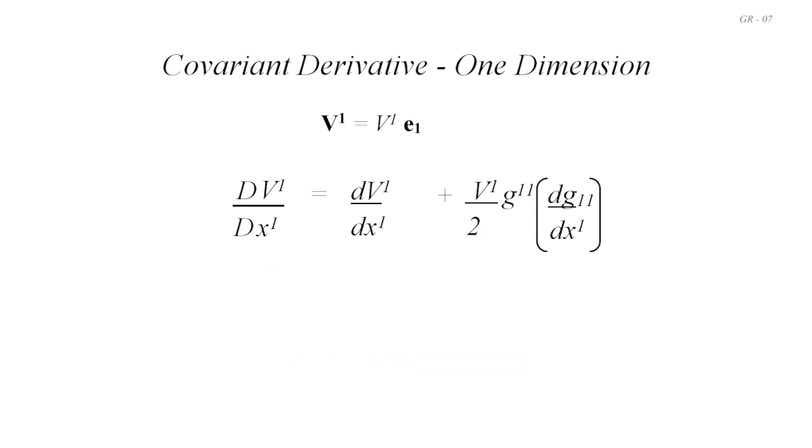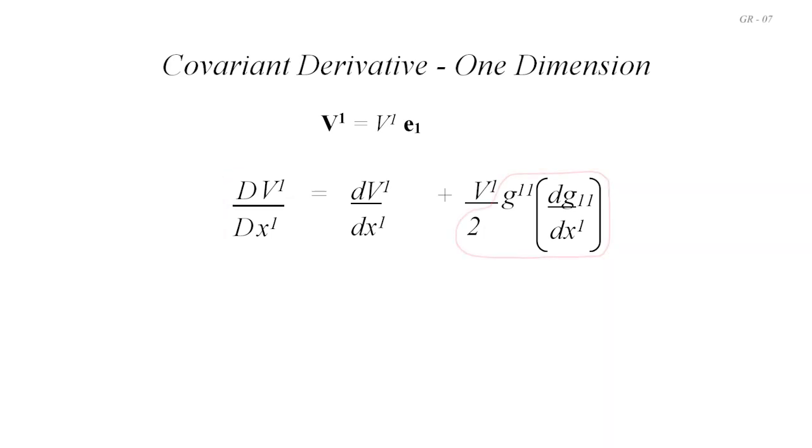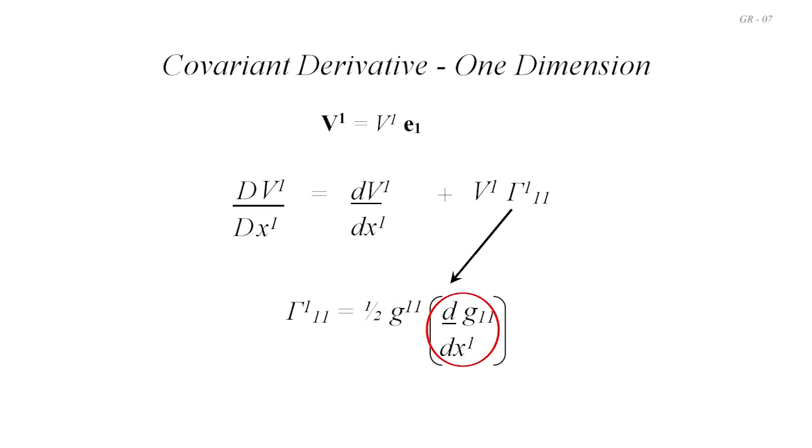We can even hint at the more complicated idea of Christoffel symbols. For example, if we take our one-dimensional equation, we could replace all of this with a single term, gamma, to stand for the multiplication of these three numbers at the point. Now, on account of the fact that we had a number of indices, three of which are very important, we could write it as gamma 111. But it's just a constant. It's just a constant at that point, which depends on the metric tensor and how it is changing at the point. Now, although the mathematics used here may not have been entirely rigorous, and this shorthand might seem a bit strange,